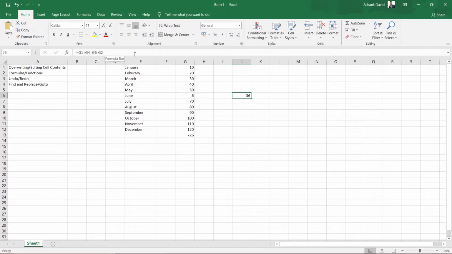The other way is to double click on that cell, and it will show you the formula and highlight the cells we have used in this formula. So this is what we call a formula.